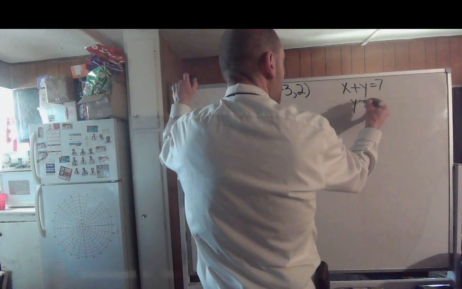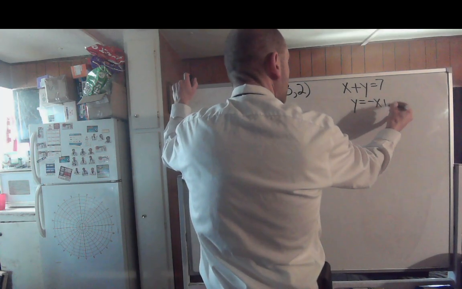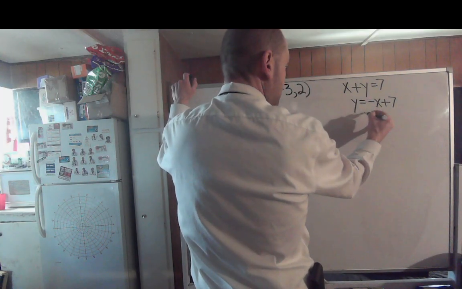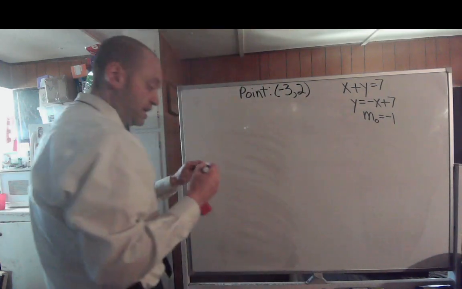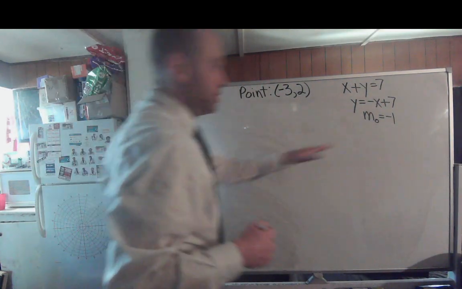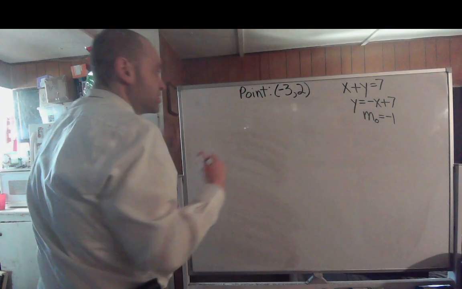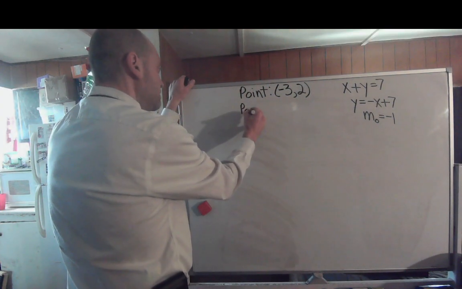That would just be y equals negative x plus 7, which means the slope of the original line would be negative 1. So that's pretty easy. The slope would be negative 1 for this line. So to find a parallel line,